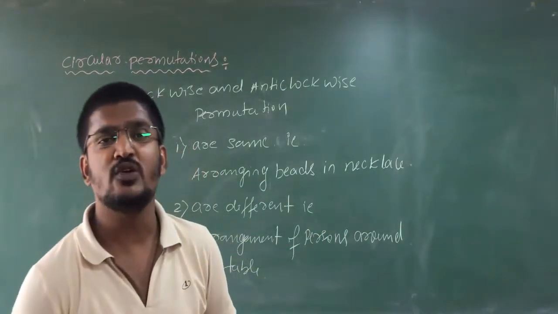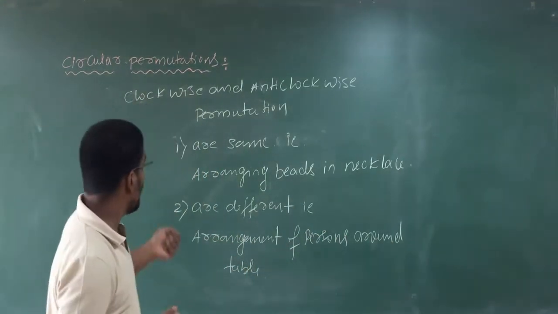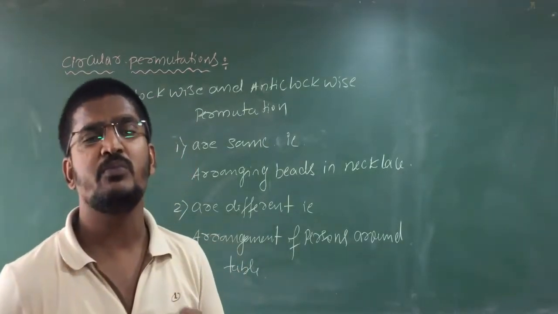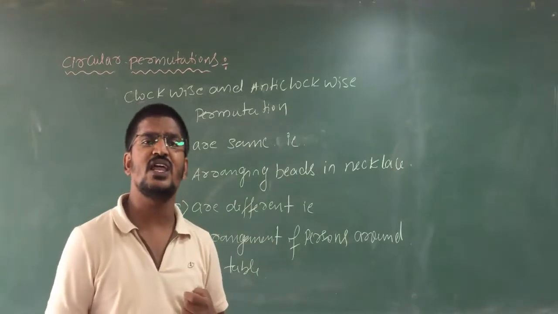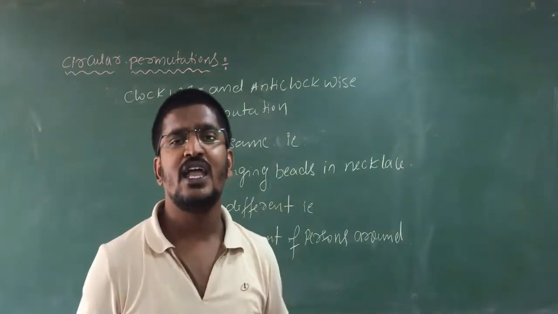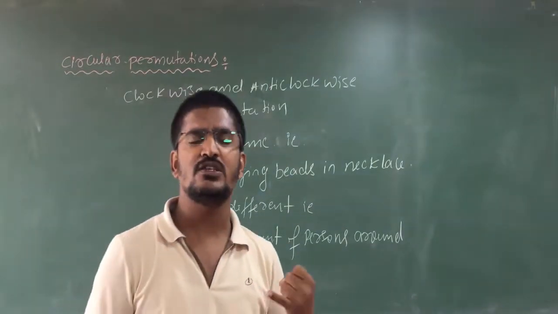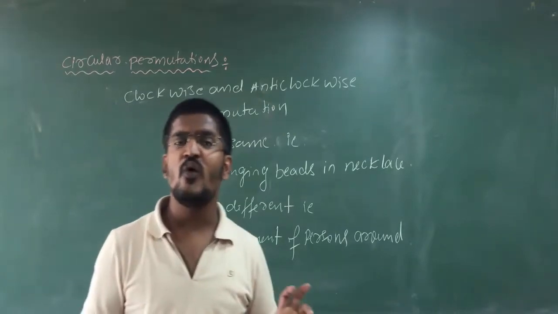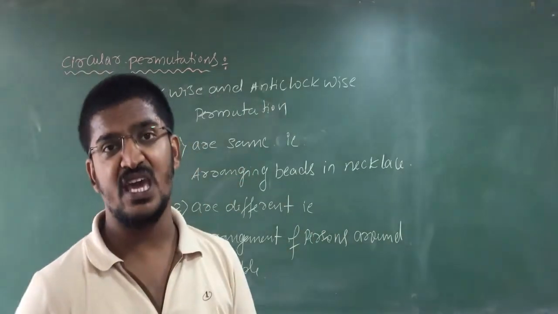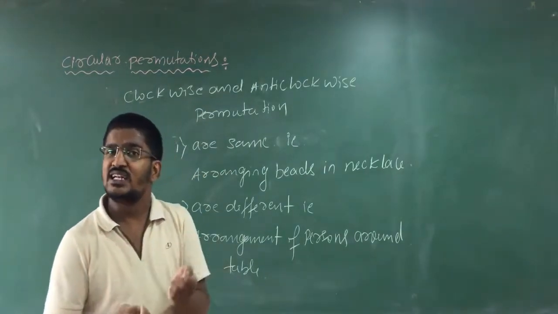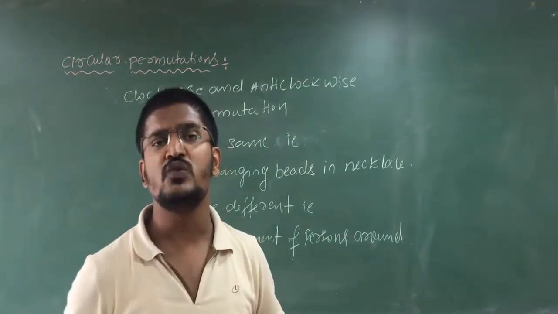See how it is going to be different. Clear? So these all things you have to observe whenever you are solving circular permutation problems. So it is very, very important. First thing, circular permutations means arrangement of any objects or any persons around a table, in a circular form. Clear? The second thing, when clockwise and anti-clockwise are going to be the same, and when they are going to be different, it depends on the problem which you are solving.